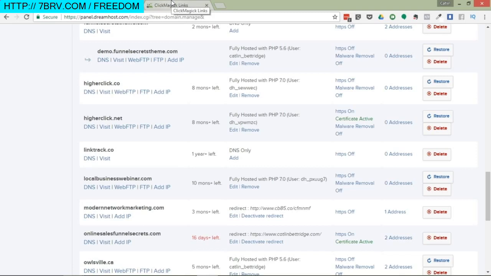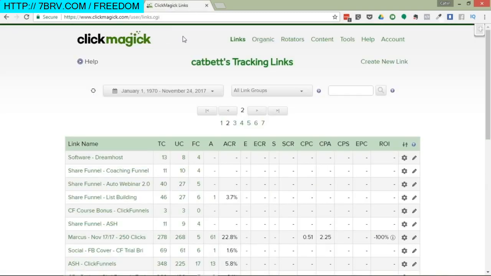Now, why do we need a custom tracking domain? In fact, every time we sign into ClickMagick, at least once per day, there's a bar that pops up at the top and says, warning, if you're promoting these links on social media or anywhere, you must use a custom tracking domain. The reason for that is similar to why we want to use custom domains with ClickFunnels, right? If we don't use a custom domain, we can just use our .clickfunnels. Like for me, it's